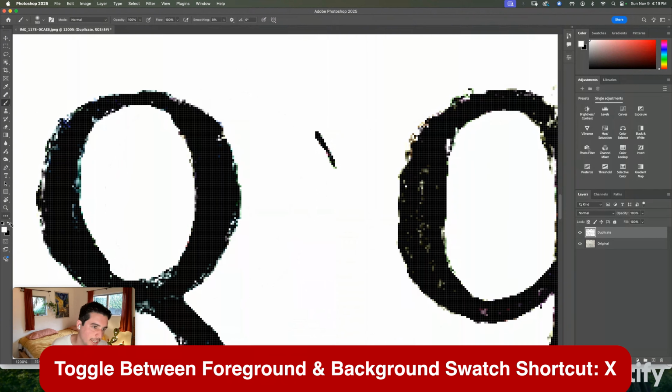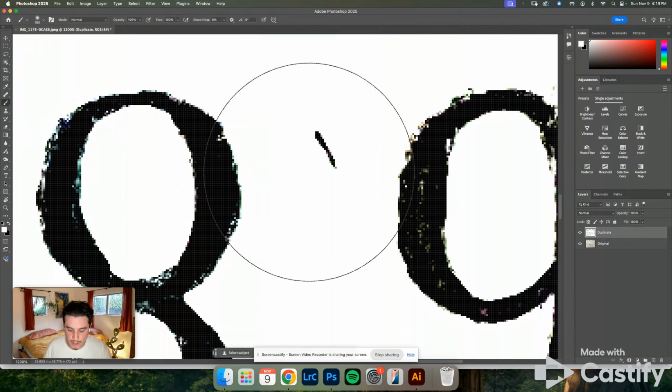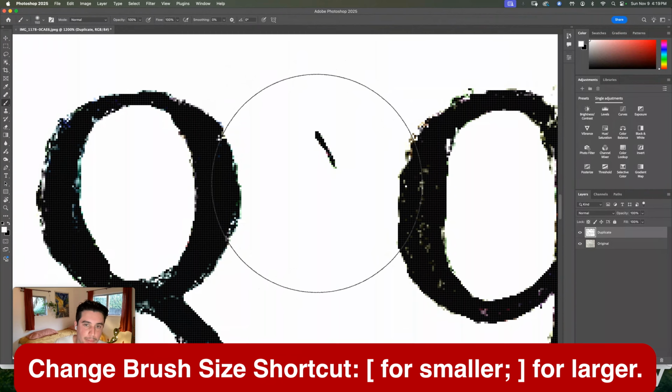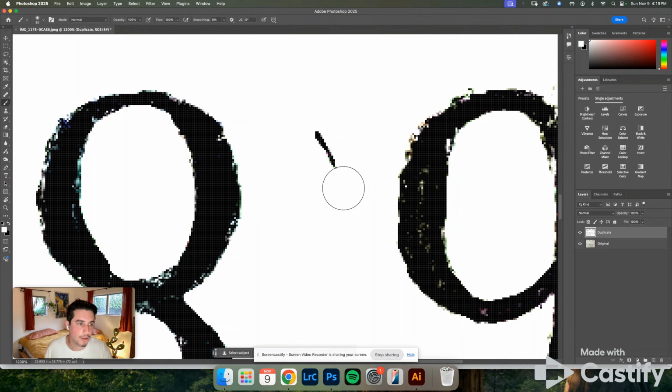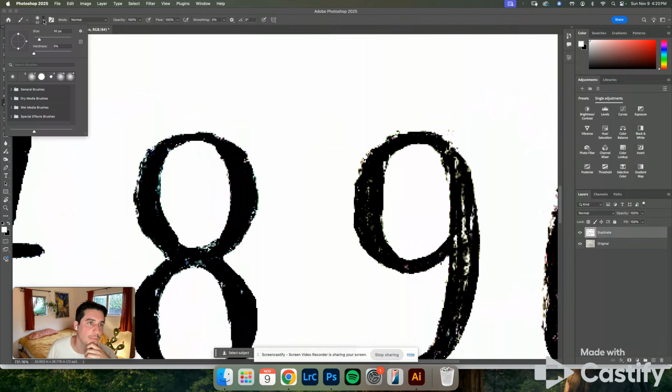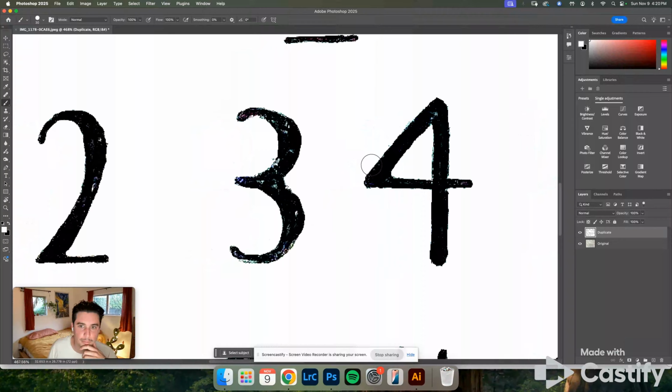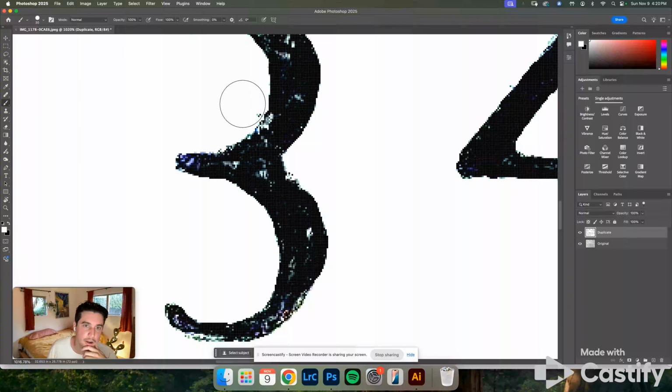To switch between these two, I can either click these arrows back and forth, or I can click the letter X on my keyboard for a shortcut. And then to control the size of your brush, use the brackets that are just to the right of the letter P on your keyboard to make them smaller or bigger respectively. And the goal is to help fix any imperfections. So with the white brush, I can paint over that. And let's click the top left brush over here and make the hardness 100%. And then I'm just going to go around, look at all my letters for any other imperfections that I might not want on my final